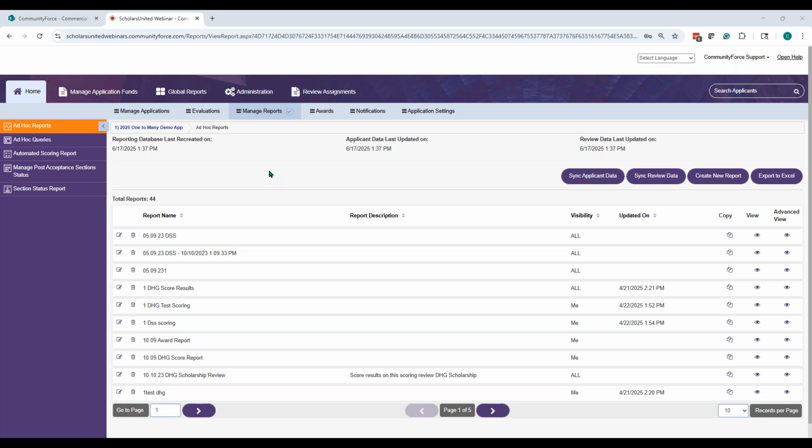So the difference between an acceptance and a post-acceptance is the acceptance would be the initial stage of the acceptance of the award. Those would be any fields in regards to that award agreement, and you would want them to complete those sections. Once they complete the sections, there's a button on the dashboard called Award Accepted, and they go in and click that button.